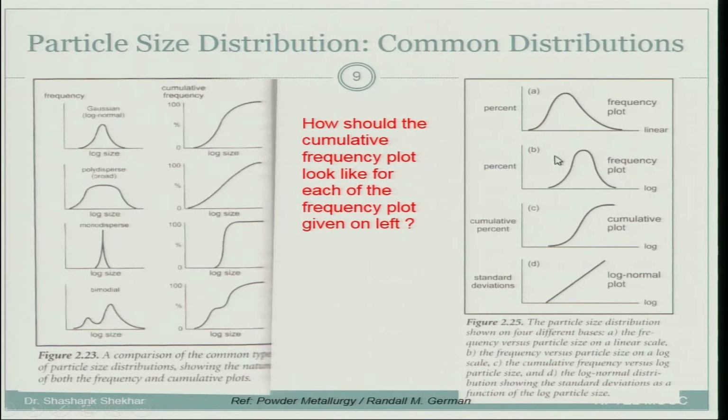Now, coming to the different kinds of plot. So, this is your simple linear plot. Here, this is how the distribution looks. As you can see, it is right skewed. This is how the log normal distribution looks. This is how a cumulative plot looks, which we have been discussing so far. And the last one is very interesting.